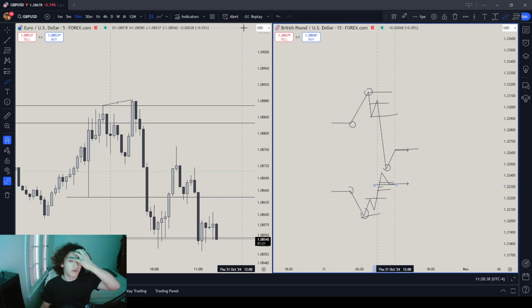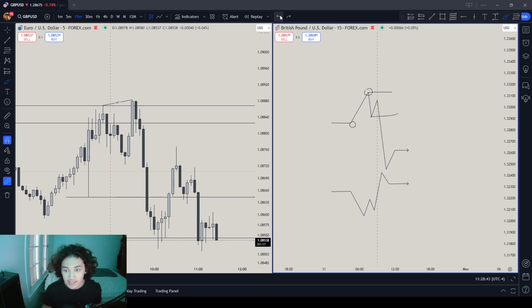So now let's go over how and why this is the most powerful ICT concept and the easiest. Excuse me. How is this the most powerful concept? It's simply because it can help you determine what's next in the market, what should likely happen next, determine the next draw on liquidity. So what's next or what's the next draw on liquidity? They're basically the same thing. And